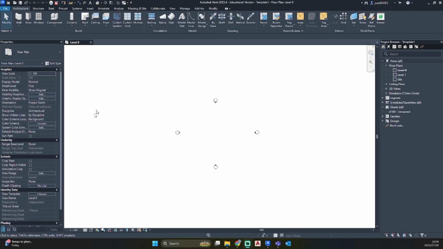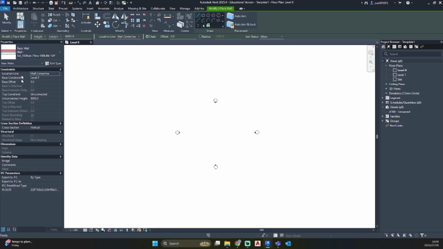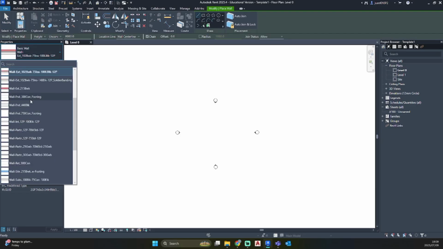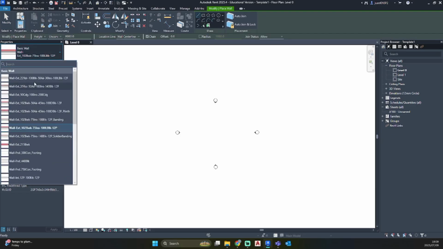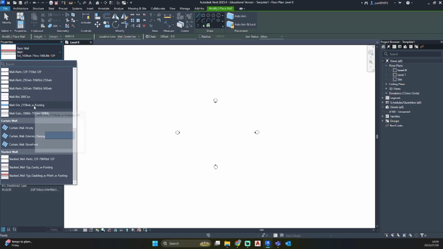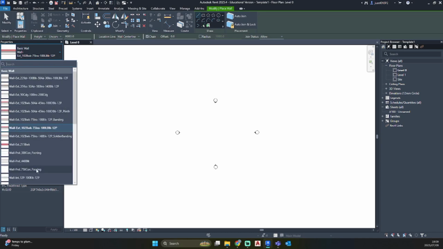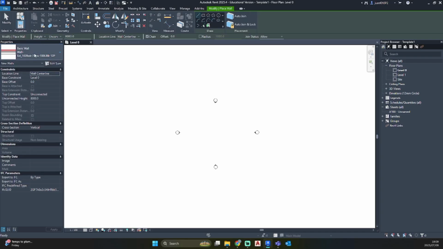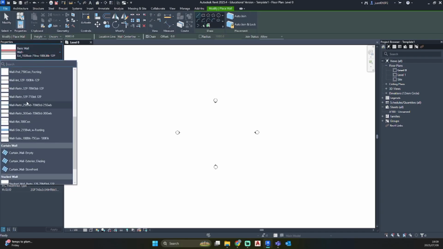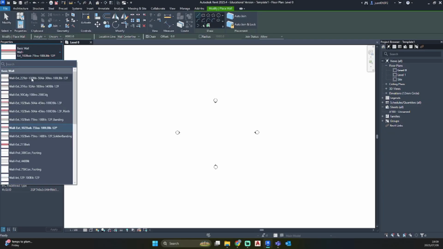Okay, to start with we're going to start with our walls. So just go to your top ribbon under architecture to wall, just select it. If you go to your properties panel, you'll see that there is a whole bunch of different wall elements. We would not be using these walls. We will be creating our own walls. So what you can do is you can just go and select, let's take the top one,